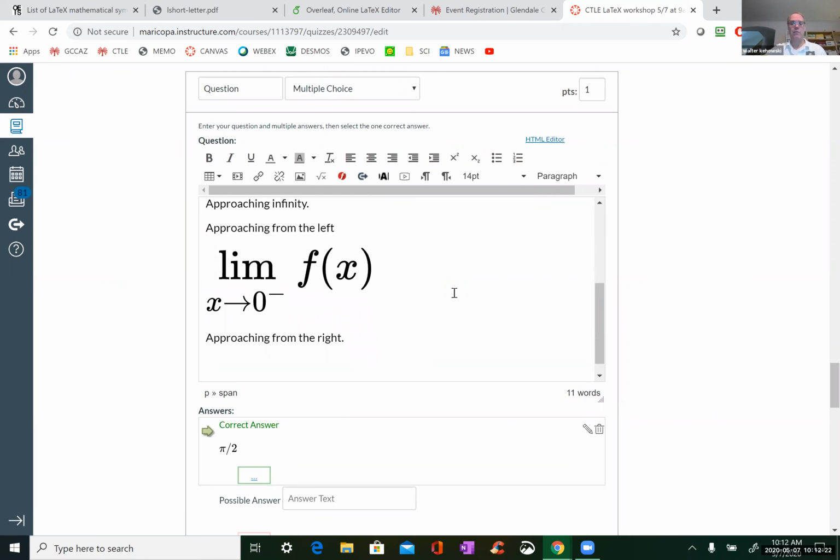And that'll give you, you can put plus, and you can put a superscript plus there too. That'll make it a limit from the right.